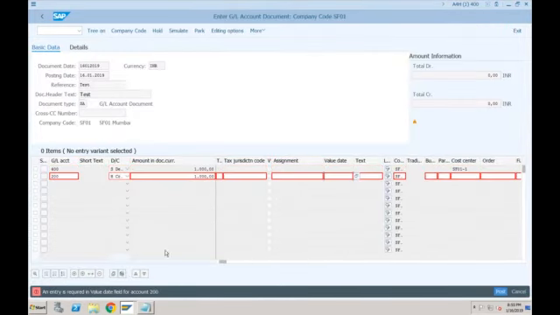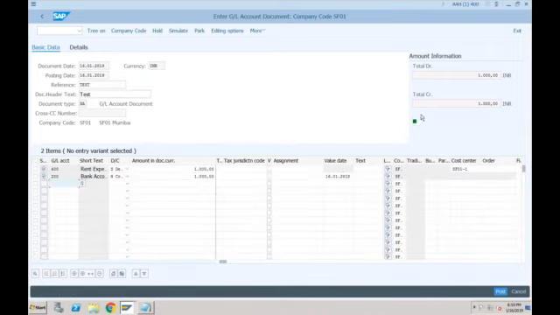Let's try to enter once again. I think, yeah, now there is another error. An entry is required in the validate field for account. This is a straightforward error that you will get also in ECC because of the field status of this GL account. Okay, so value date is a mandatory field. So 16/01/2018. Let's press enter. Now it seems to be green, and let's try to post it.